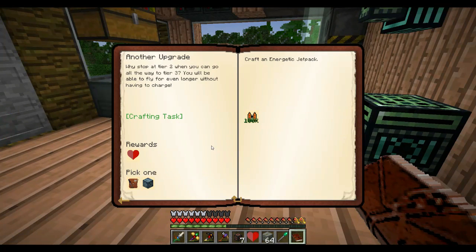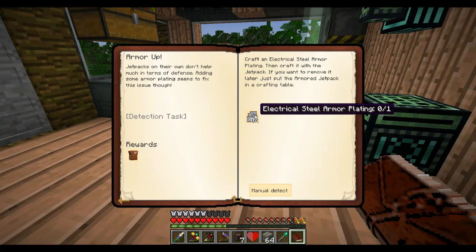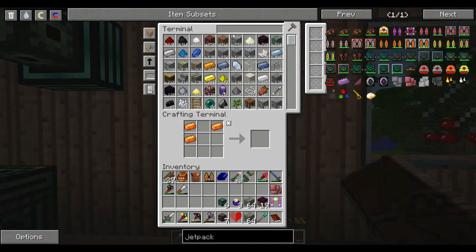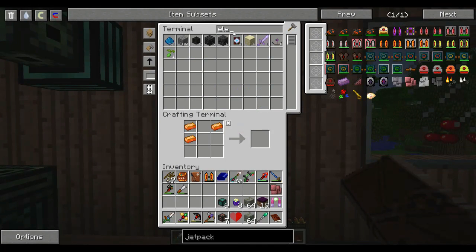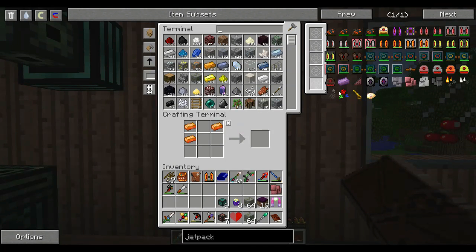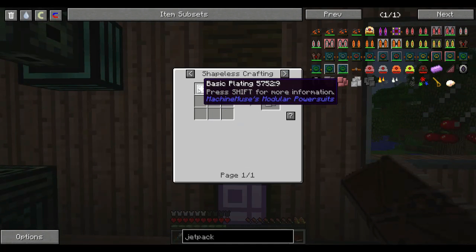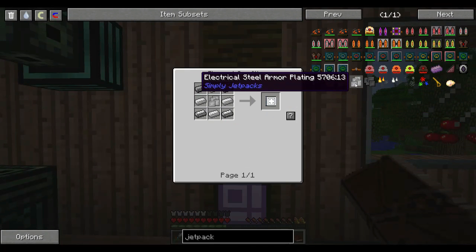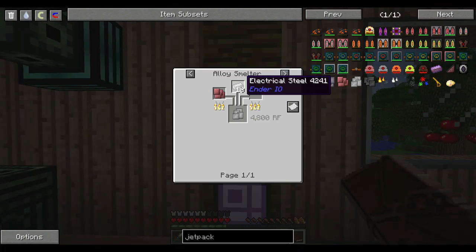Yep, we'll take the bag. And then we need the armor plating. So that is 10 electrical steel and the conductive iron one. So do we have 10 electrical steel? How do we make electrical steel again? Is that basic plating? Steel, iron, and electrical steel. Really? That's just like asking you to do it twice. Electrical steel. Silicon, pulverized coal, and iron. So we need...